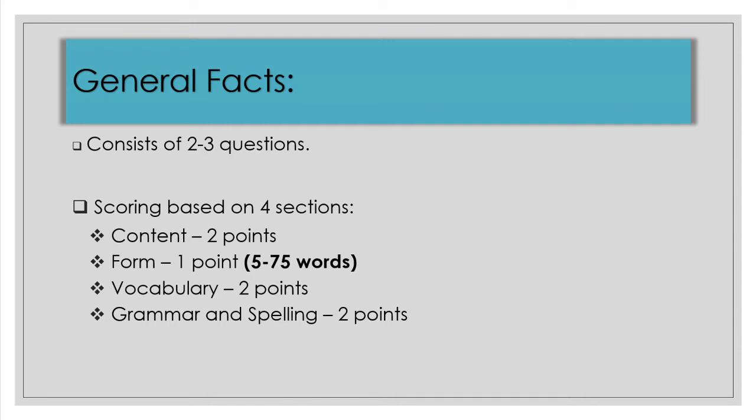The next point is vocabulary, and you will get 2 points for that. Vocabulary means there is no repetition of words. Even if you summarize the text, make sure the sentences do not contain repetition of words, because it will also affect your content points. So make sure you use distinct words to summarize the text. And for grammar and spelling, make sure there is no grammar mistake or spelling mistake. If there are no mistakes, you will be given 2 points in full.